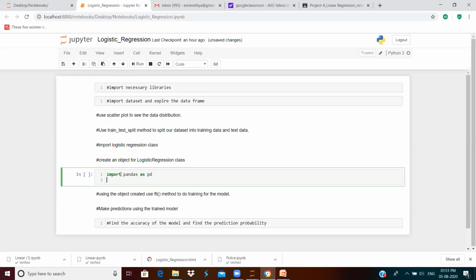And we are going to make some kind of visualization. To make the visualizations possible, we are going to import the matplotlib library. In this matplotlib library, we need the pyplot module, right?